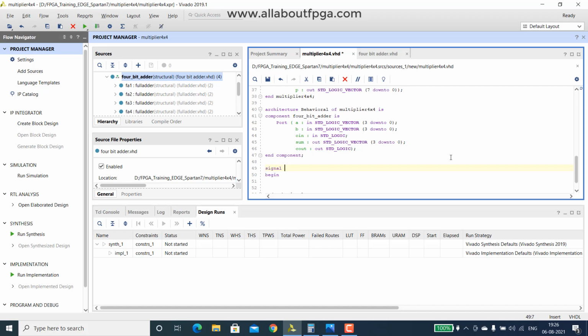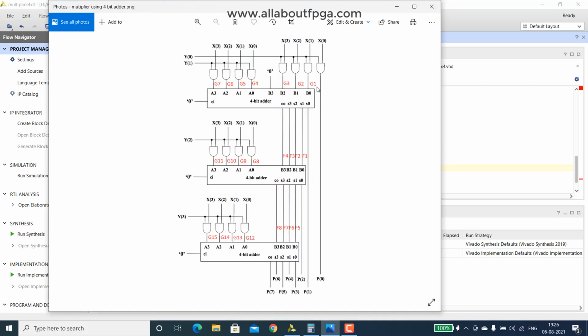So what are all the signals required to construct this circuit? You can see the names provided in red color: the AND gate outputs that are coming from this gate to another adder. Similarly here, then here and here, all these are gate signals from AND gates. Then we have some outputs coming from the adder circuits, that is sum and carry logics, given as F1, F2, full adder 1, full adder 2, like that.